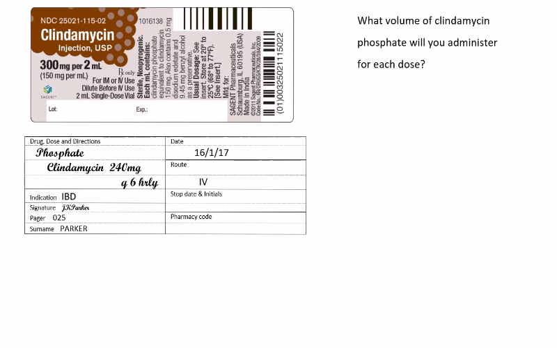We have a label now, and we should just have a read of what we see in there. We see this big 300 milligrams per 2 mils, so that's the concentration of the drug. But just below that, we see 150 milligrams per mil, which is also the concentration. But they are exactly the same, they are equivalent, except that the one that says 150 milligrams per mil,